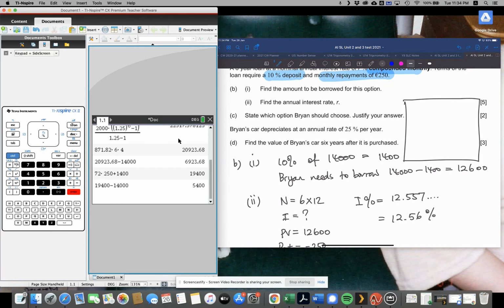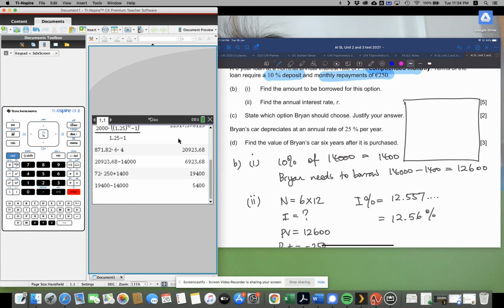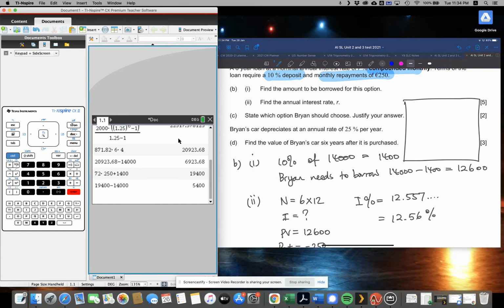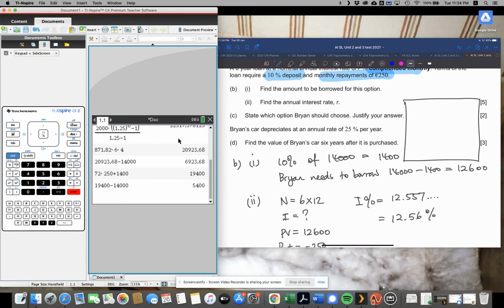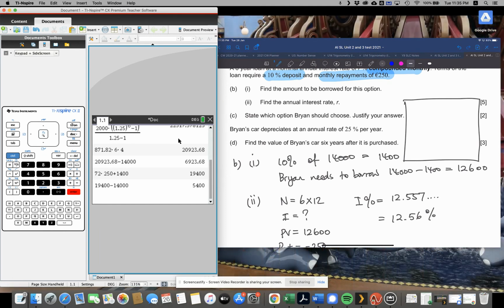Find the value of Brian's car 6 years after it is purchased if the car depreciates at an annual rate of 25% per year. If it is depreciating by 25% per year, it is also maintaining 75% of its value. So it's not working out what 25% is. You need to work out what 75% is after each year. So part D,